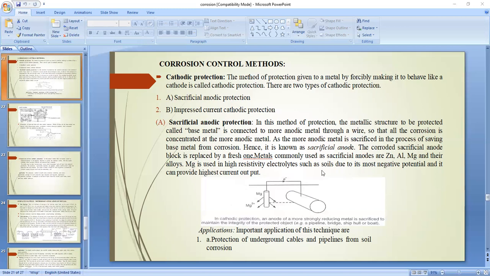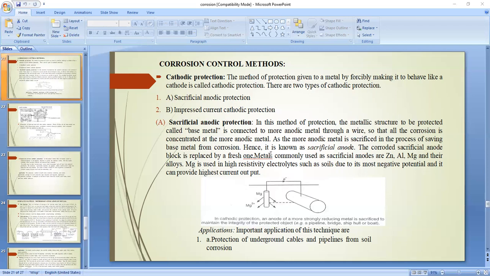These are some of the metals which possess higher oxidation potential when compared to the base metal, such that entire oxidation takes place upon the active metal, leaving the base metal unaffected. So in this way, the active metal acts as an anode, whereas the base metal acts as a cathode on connecting the base metal with the active metal. So in sacrificial anodic protection,